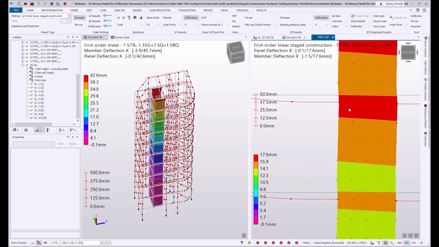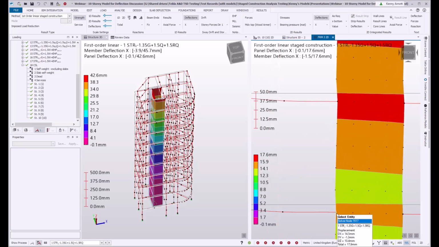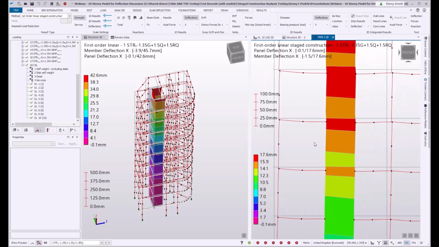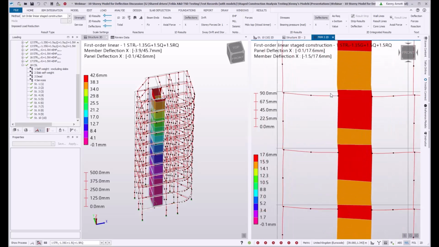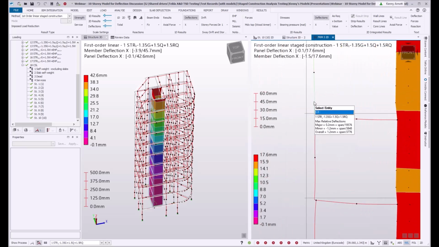And then also just looking at my results, I can see as I go from this floor, deflection seems to go back and then up and then back again, and you can start to see that happening floor by floor all the way up. So basically it's the same sort of step, but it's happening stretched over a distance there.